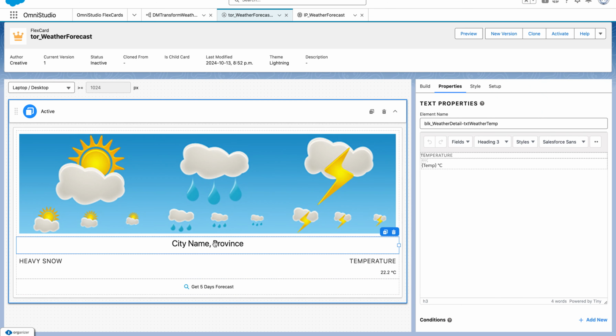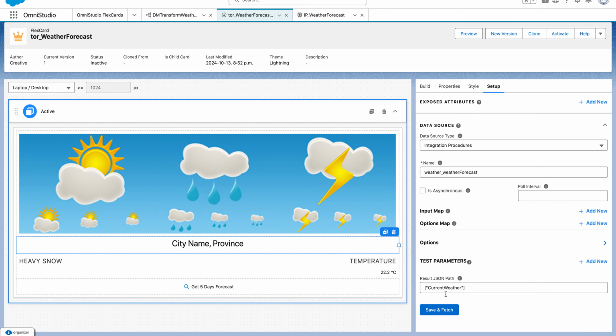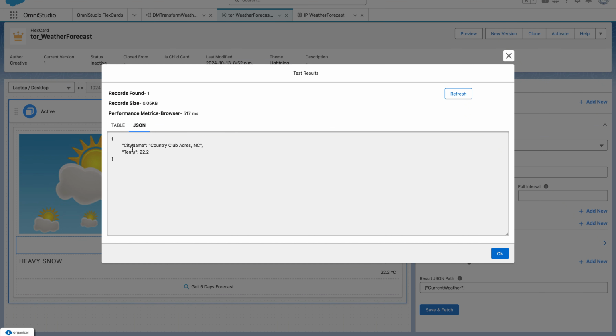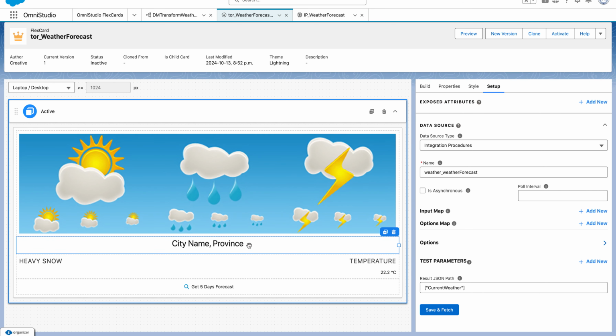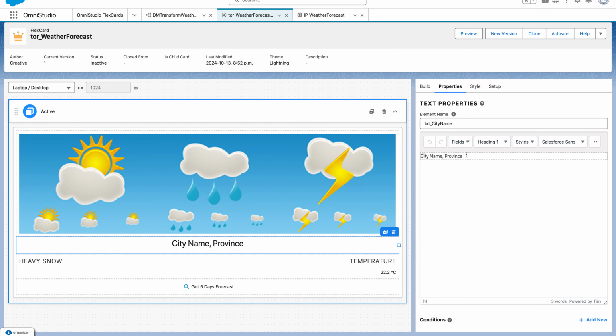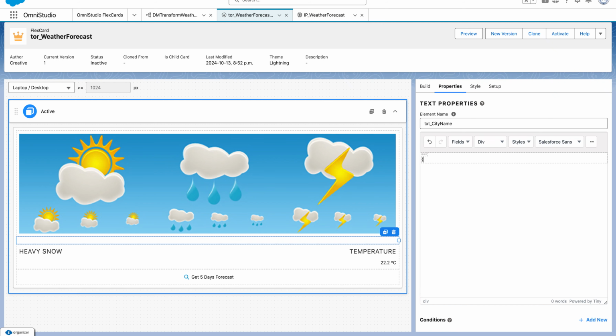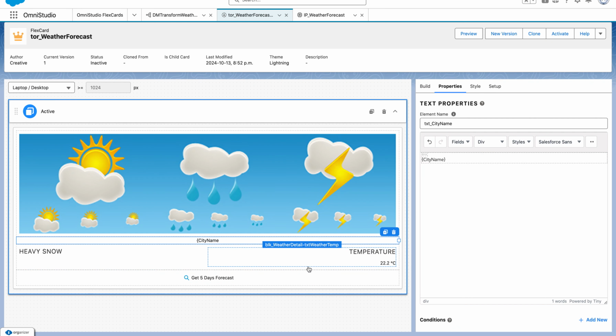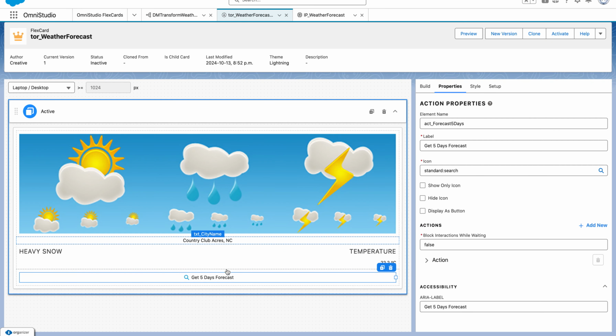Similarly, we now need a city name and a province, and we saw in the JSON data that we created in the IP, it is coming in as city name. Let's go to the city name and select the properties. Let's replace this with the dynamic values now. So you will see, here you go. Now we are getting all the values being populated from our IP into the front end of the Flexcard,